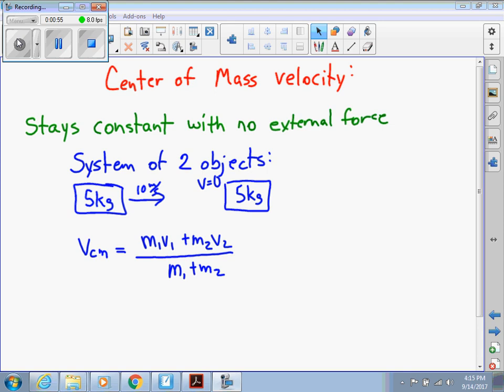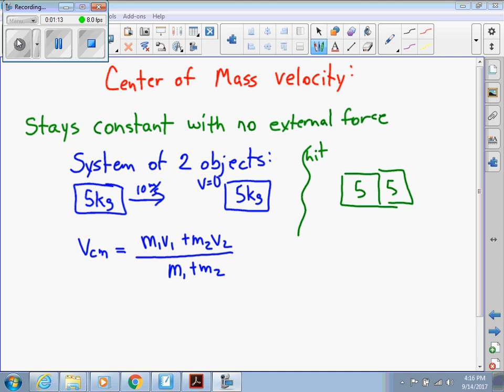And if we know that it remains constant if there's no external force, then that means if these two hit, and we have the situation where both of our 5 kilogram masses are stuck together,